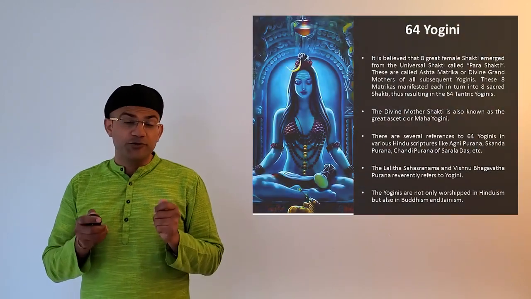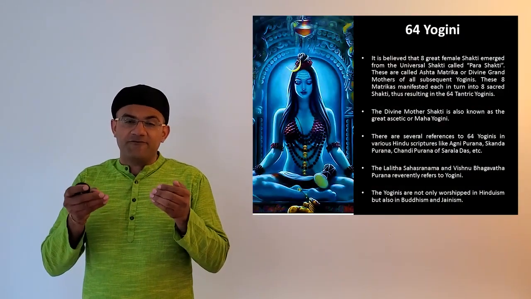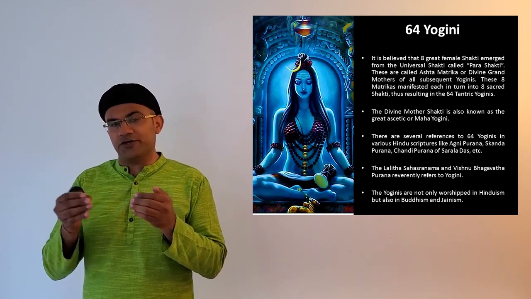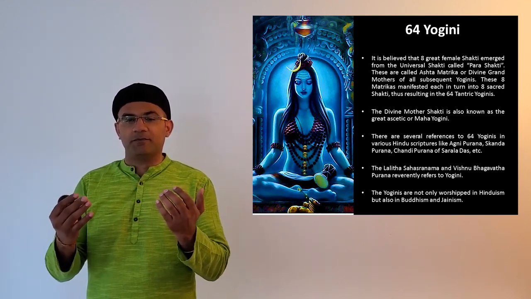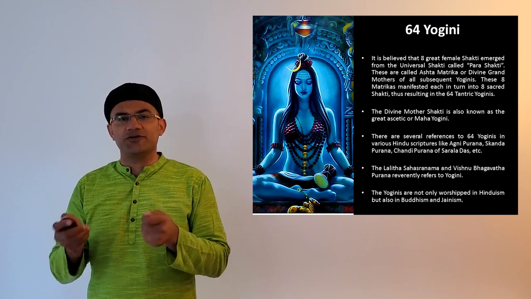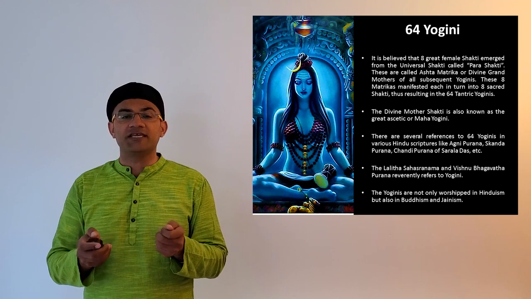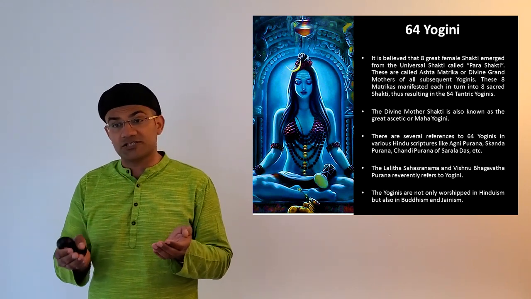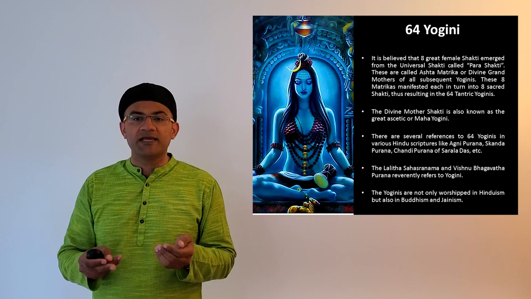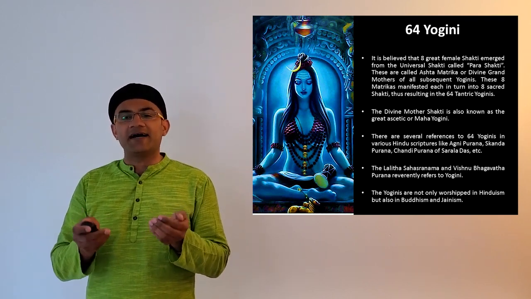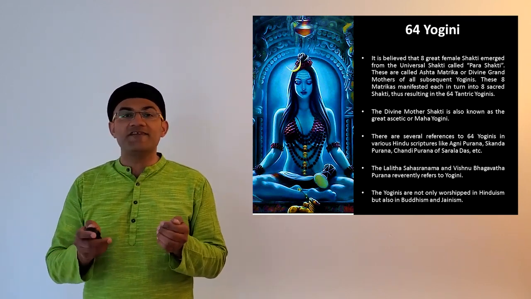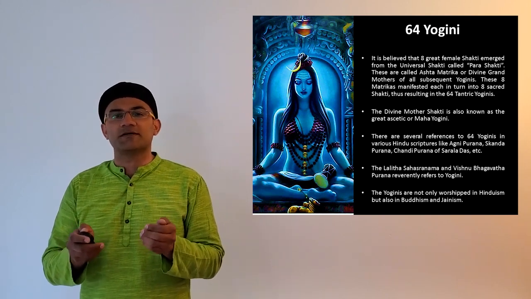Now we go into a very fascinating, interesting topic of 64 yoginis. What is 64 yoginis? So yogini is a female, a feminine version of a yogi, a siddha, a personality which practices the yoga. It is believed that there are 8 great female Shakti emerged from the universal Shakti called Parasakti. These are called the Ashtamatrika,